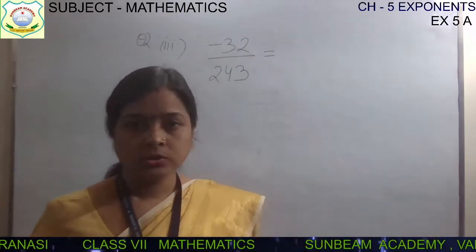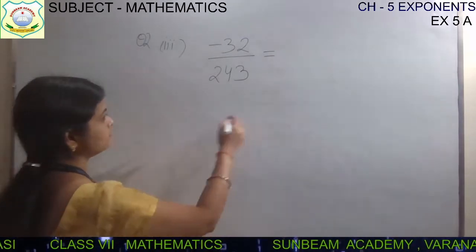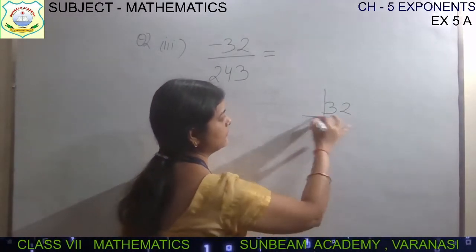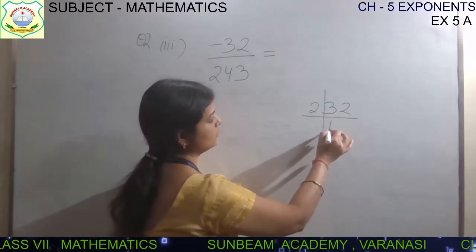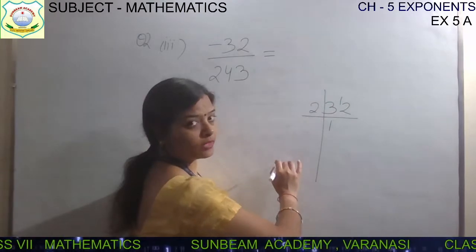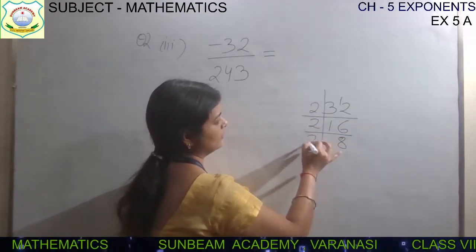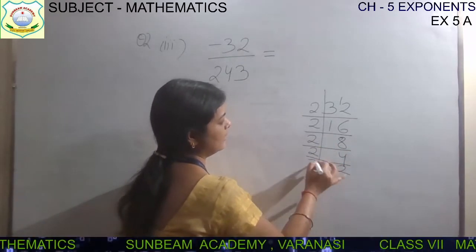How do you know? So let's do the prime factorization method. Let's see, 32 and do the prime factorization. It can be divided by 2 because 2 is there. So 2 sixteens are 32. Then 2 eights are 16. Then 2 fours are 8. Then 2 twos are 4. And 2 ones are 2.